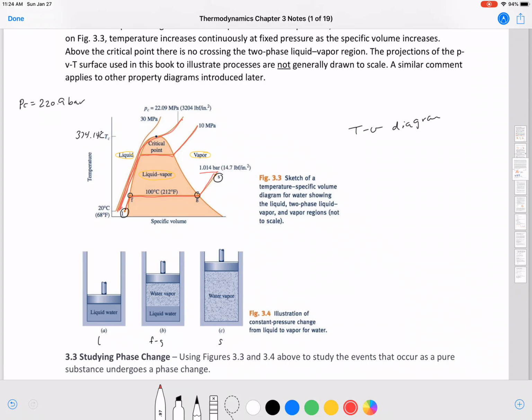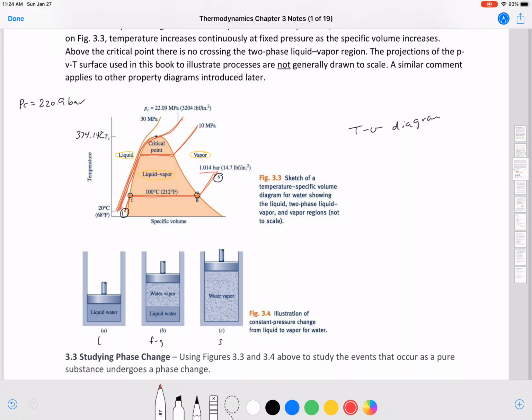And so if we're above the critical point, then you can't have two phases happening at once. So generally we don't draw these to scale. You'll be given some properties, and you're going to be trying to draw these diagrams. Okay,